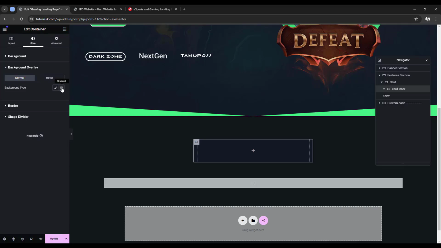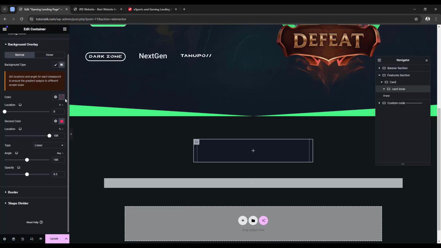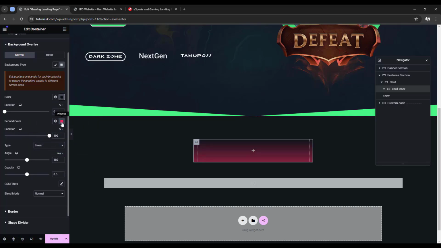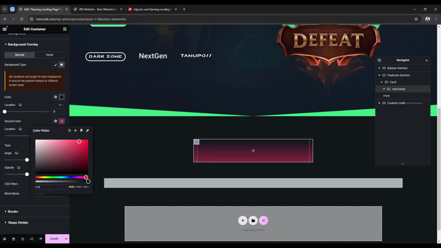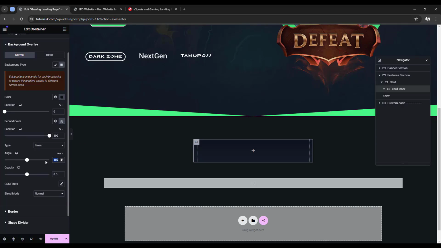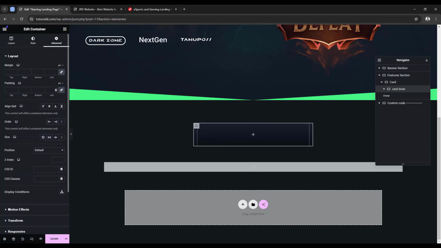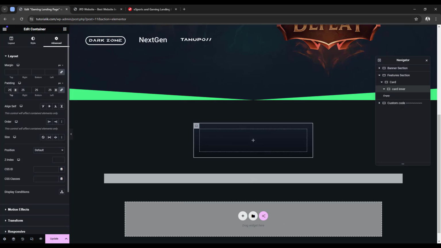So in here I'm gonna select this gradient instead of this classic. So gradient, and we will have two color options. One is here and the other is the second color. So on the first color I'm gonna type 0C0E12. Then on the second color I'm gonna type 1F29355C. And then on the angle, I'm gonna make it 360 degree, and I'll make this opacity 1, and it will give us a nice gradient color on this background. Then let's go ahead in the advanced tab and let's make this padding 20 pixel on each side,